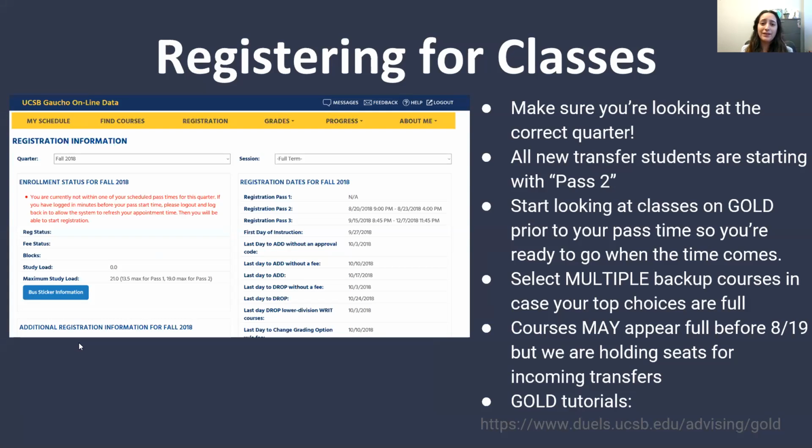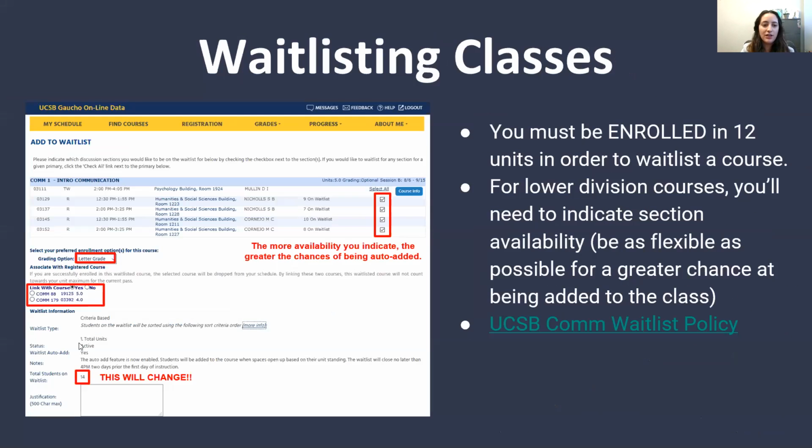If you wanted to waitlist a class that's going to put you over 19 units, you'll get an error message. That's when you would want to use the linking function and link it with a less desired course that you are enrolled in, so it doesn't count against your unit maximum. And then what would happen is, if you end up getting off the waitlist and automatically enrolled in the class, it would drop you from the class that you linked it to.